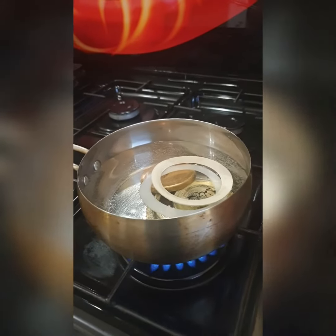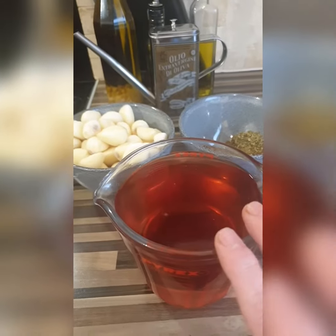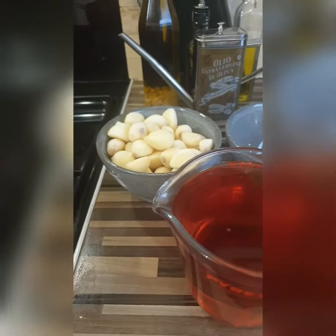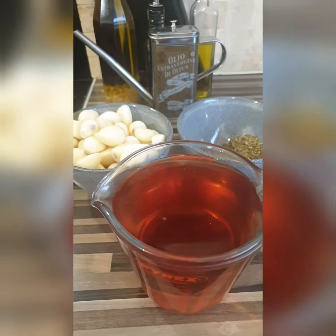they're fully sterilised. From that point, all I'm going to do is bring the vinegar to the boil with the salt, sugar and the oregano. Let it cool a little. We'll put the garlic in the jars and then we'll pour the pickling solution over the top, and then obviously